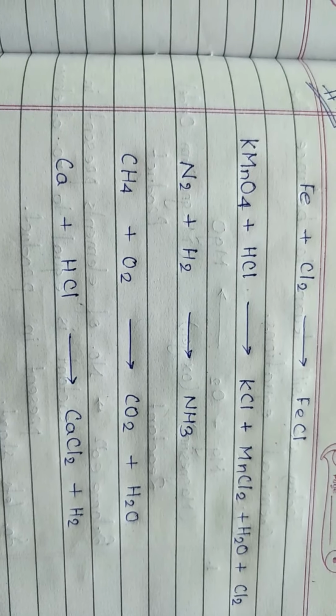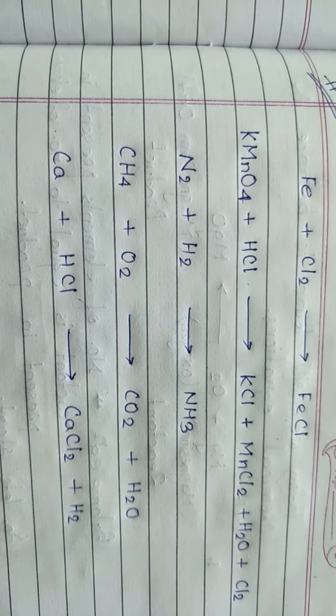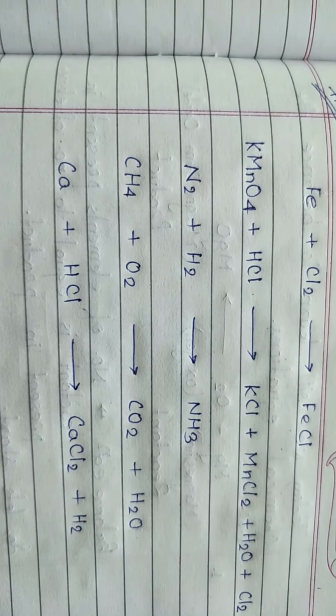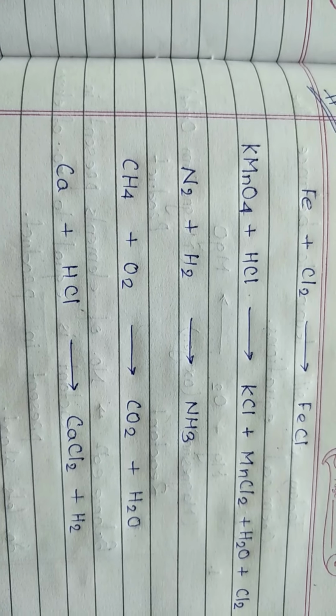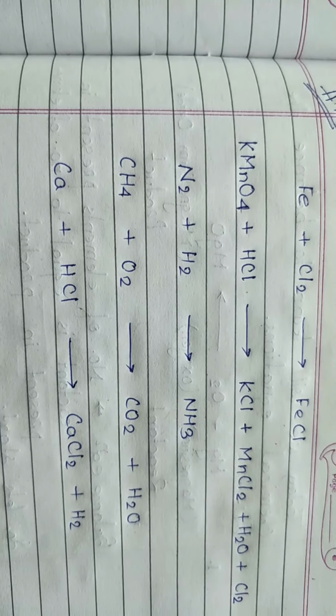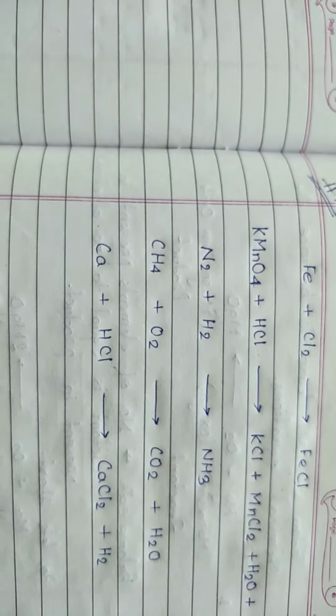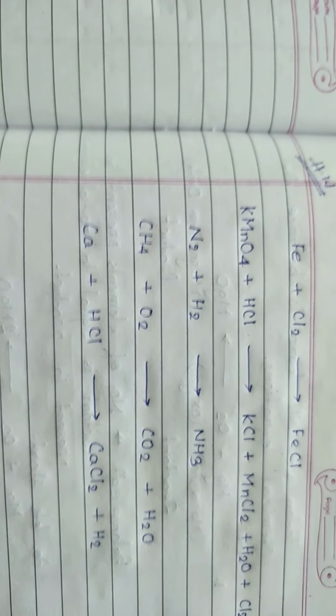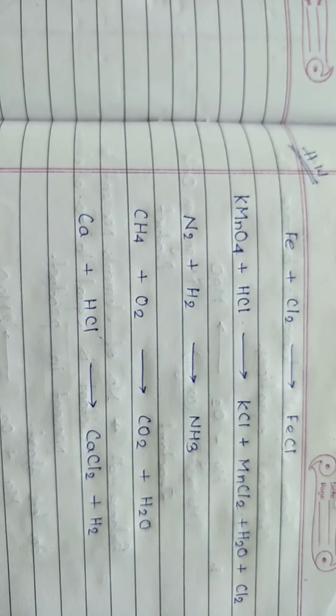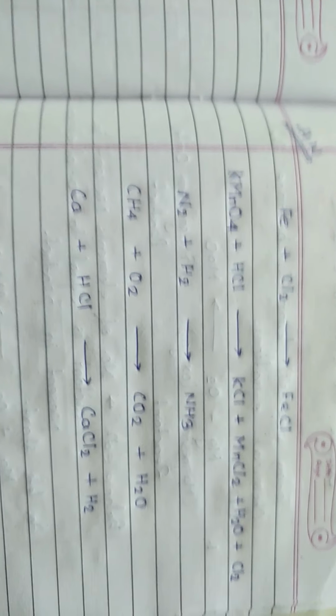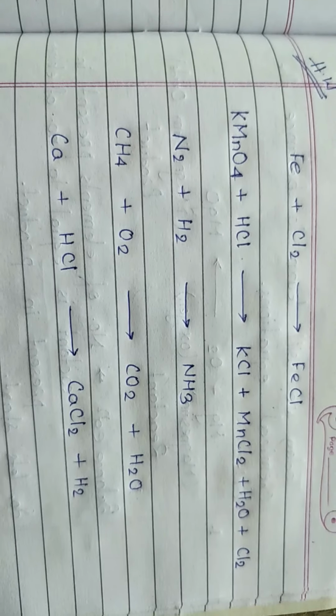Another is N2 plus H2, after reaction NH3. And the fourth is CH4, commonly known as methane, plus O2, after reaction CO2 plus H2O. And then Ca, that is calcium, plus HCl, after reaction CaCl2 plus H2. I hope you can complete or balance these